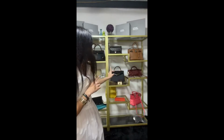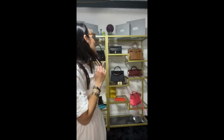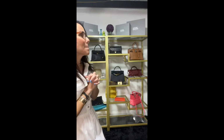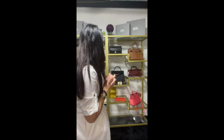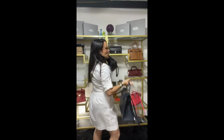That Kelly bag, I would say the most wear that bag has is the lock. The lock has slight tarnish, which, again, you can polish off. The actual bag is a dream when it comes to condition. It is just absolutely beautiful. The corners, the body, the handle, and the color. I love that navy color. Here, I'll put it next to the 28. But it is just...